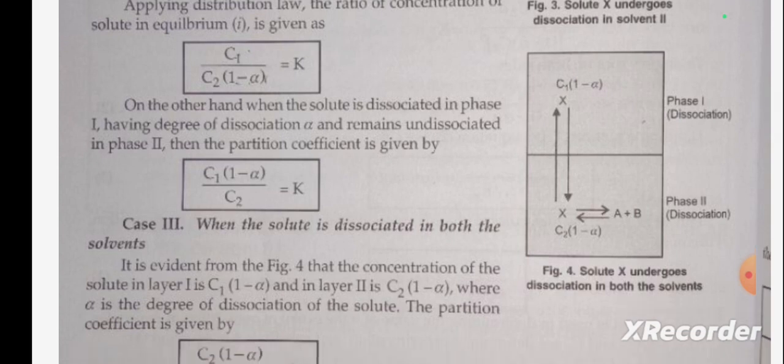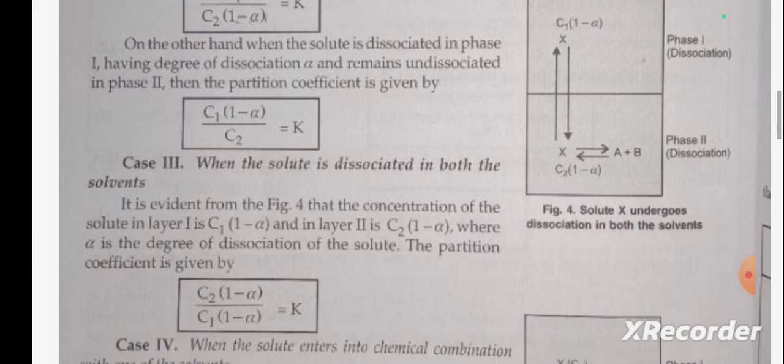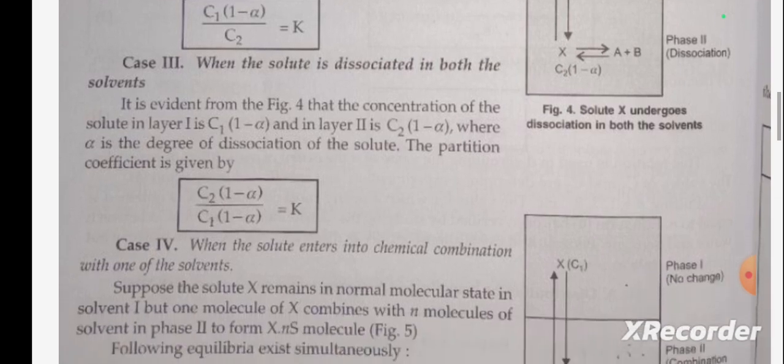On the other hand, when the solute is dissociated in phase 1 having degree of dissociation alpha and remains undissociated in phase 2, then the partition coefficient is given by C1(1 - alpha)/C2 = K. When the solute is dissociated in both the solvents, case 3, it is evident from the figure 4 that the